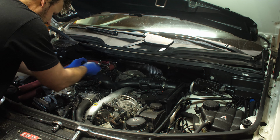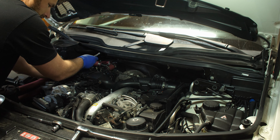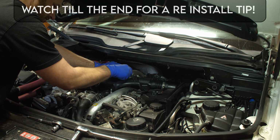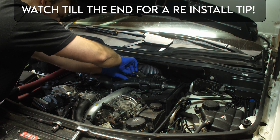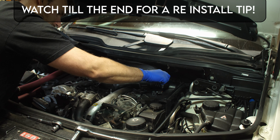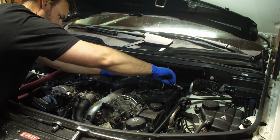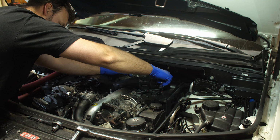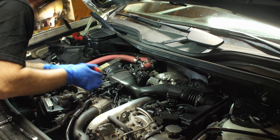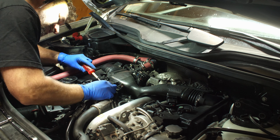Then you got a 7mm, 3 hose clamps holding the Y pipe on, 1 on each side and then 1 at the turbo inlet. Okay, loosen those off, and then you more or less just give this thing a little bit of a wiggle. After you've got the 3 hose clamps nice and loose, there's 2 mass airflow sensors to